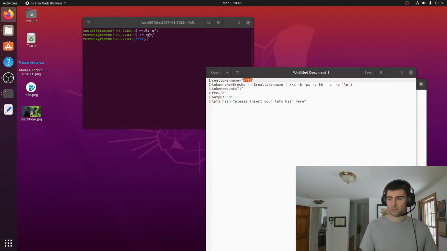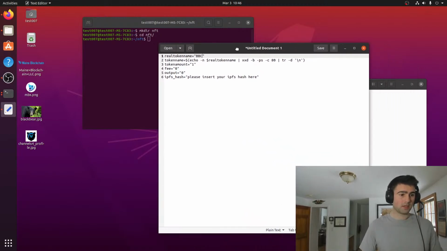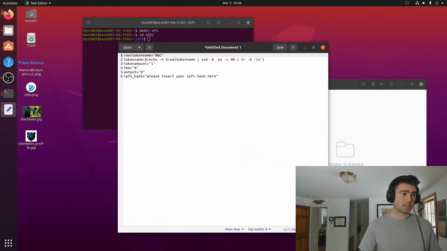There we go. We found the logo. Save it to the desktop there. All right. We're going to name this token BBC. Can leave everything else blank except for the IPFS hash. We need to